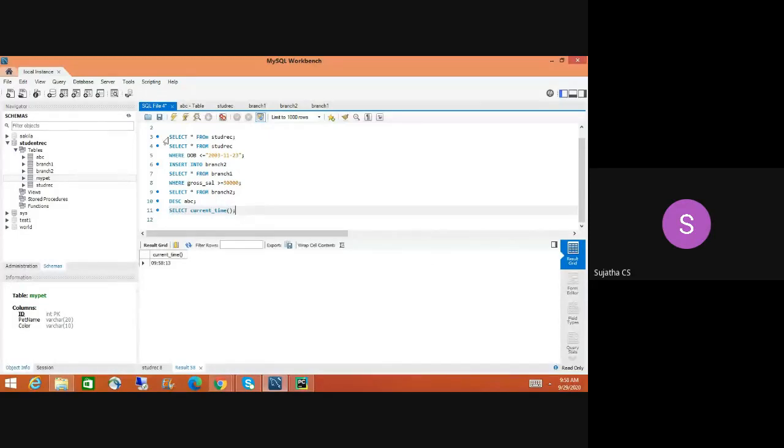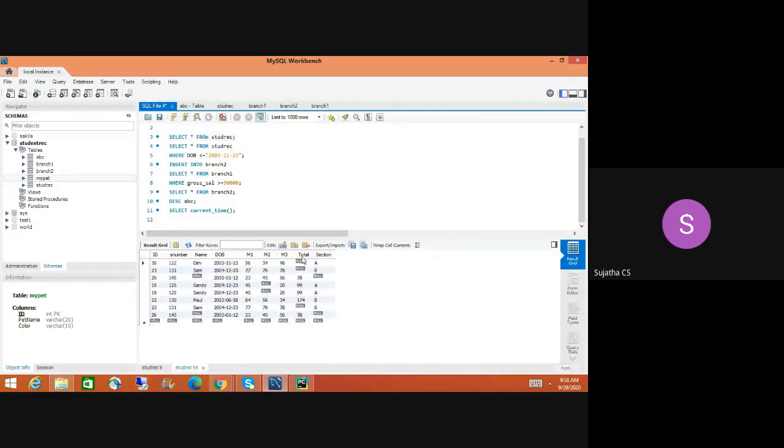Okay, then let's move on. Let me open that student record. I'll show something. Here I put total, right? I want to change that name. At runtime, I want to display something different. So I can use an alias name. For example, this is total. At runtime I want to display student total, marks total, or whatever.